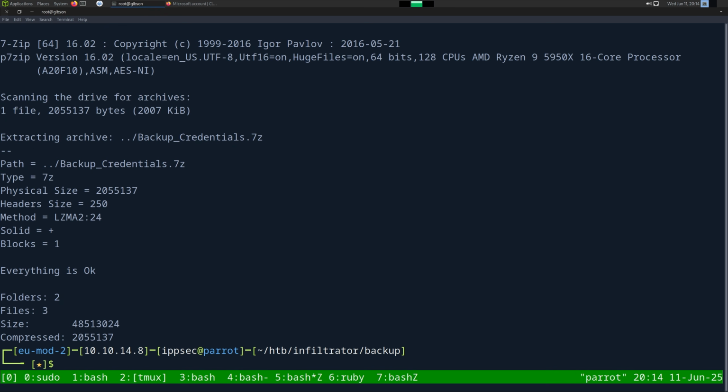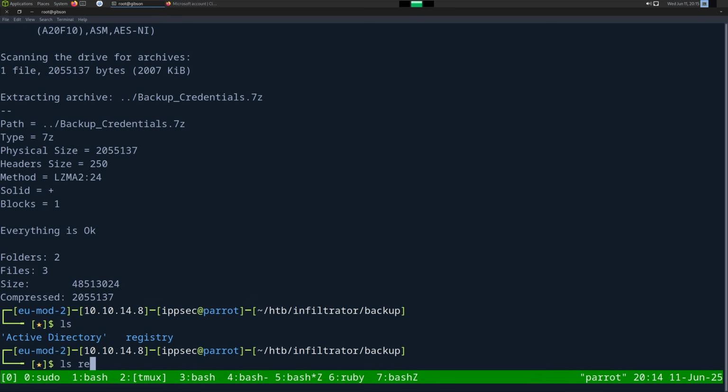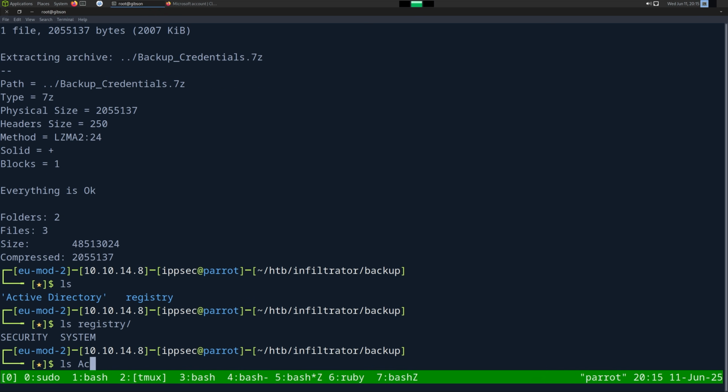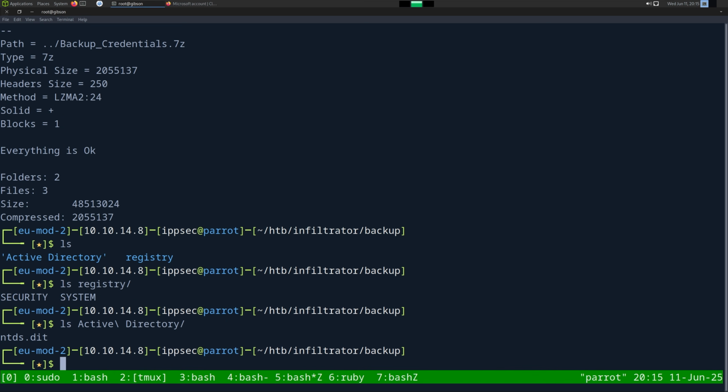I'm guessing Active Directory was what it was. So we have registry and Active Directory. So we have the NTDS.dit. So we could do a secretsdump, and then was it -ntds, the file,